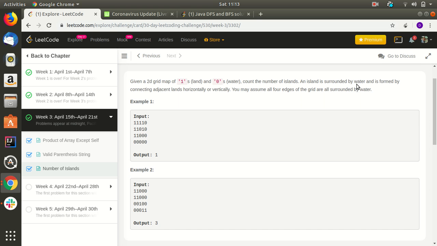So where it will go is right side and downside, 1 and 1. In this it will make it 0 and it will also make it 0. It will check for all sides, right, downside, upside if present, and left side. If it is present, it will make it 0 and it will call DFS. And in this way all the connected ones will become one island only.